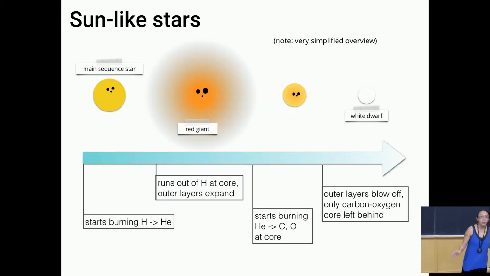So this is sort of a very simplified overview of the life of a sun-like star. So the star, for about 80% of its life, is called a main sequence star. And on the main sequence, it's being pretty boring. It starts off composed of, let's say, hydrogen. If it's composed of hydrogen, it's going to try to collapse under self-gravity, right? It tries to collapse, and at some point,